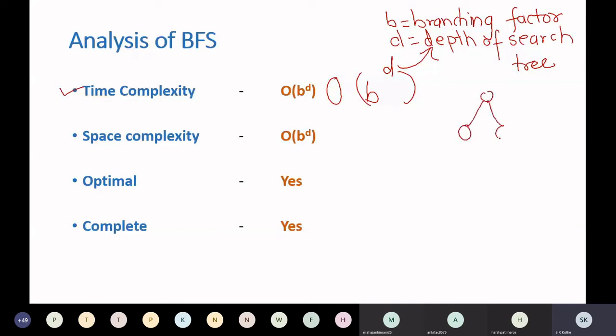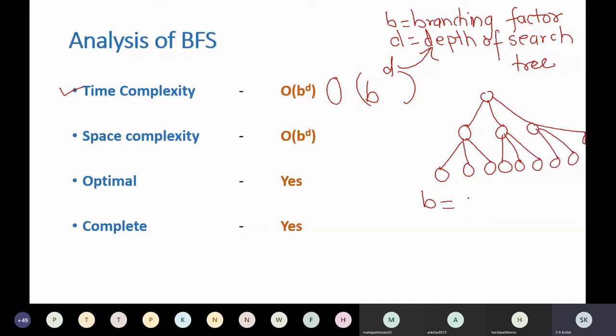Suppose your search tree is something like this. So what is the branching factor out here? What is B? 3. Right, B is 3. And what is the depth of the search tree? 2. Depth is 2.